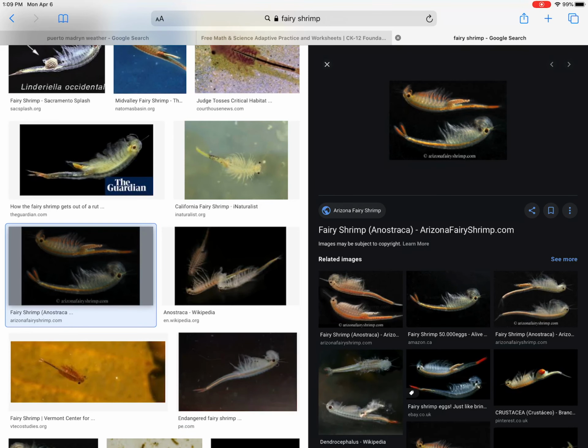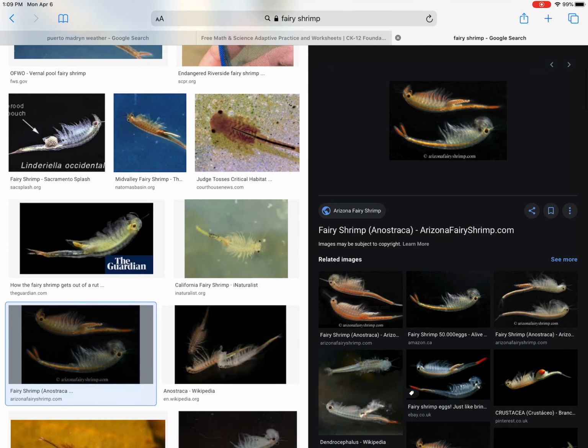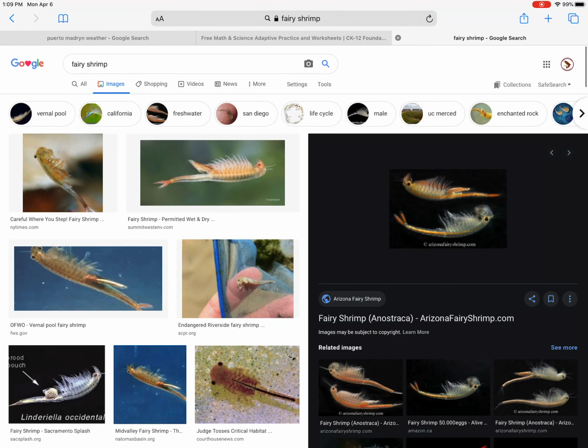When that pool dries up, the adult fairy shrimp die, but their eggs dry and remain in the leaf litter. The next year, when that pool fills with water, those eggs rehydrate, snap back to life, hatch quickly into fairy shrimp, which carry out the life cycle again. So they're like these really uniquely adapted crustaceans to seasonal bodies of water. We find their relatives in deserts and these little temporary ponds that form in deserts after rainfall and all over the world. But here in Maine, we have our own little example of these fairy shrimp in the woods using our vernal pools,